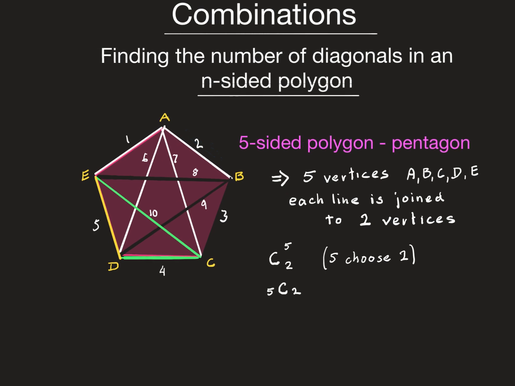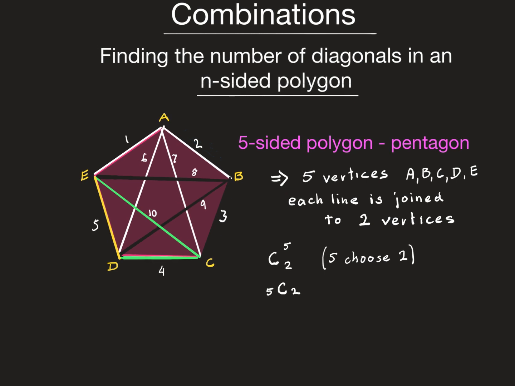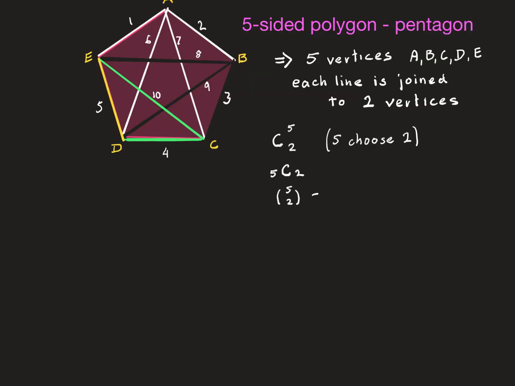And often it's just written with brackets 5, 2. And so this is written as factorial 5 over 2 factorial, 5 take 2 factorial, which is